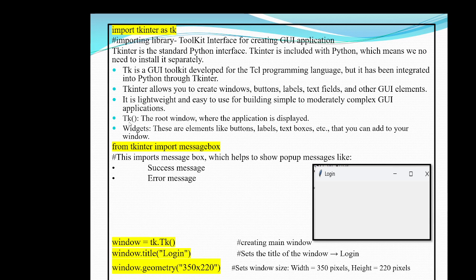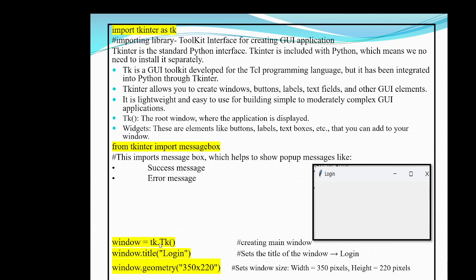So I am using the same method of this library tkinter. See here, I have called the library dot, I have called the function Tk, and this function helps me to create the main window.